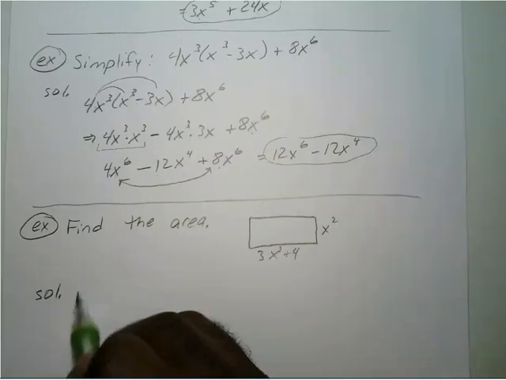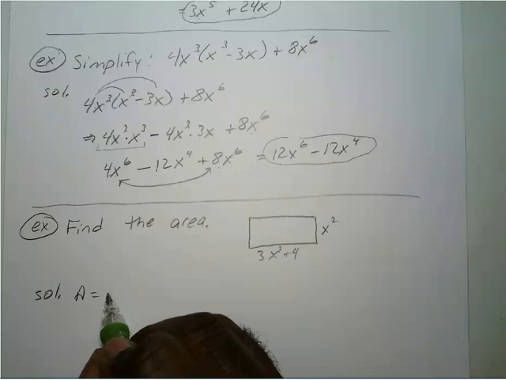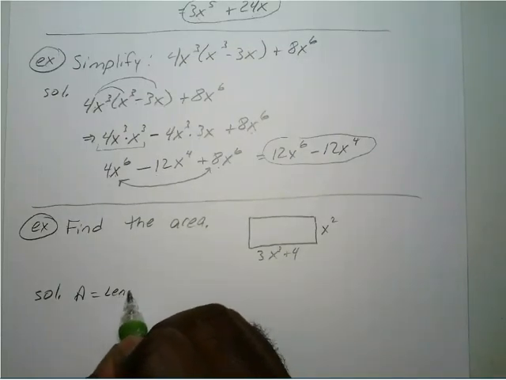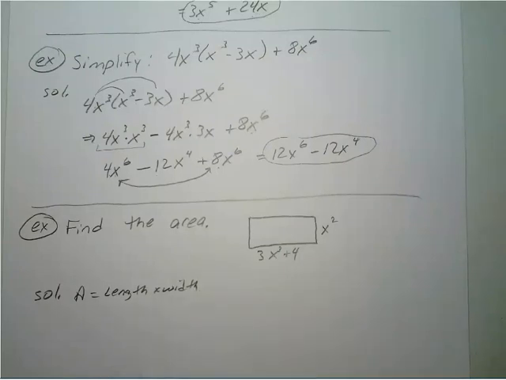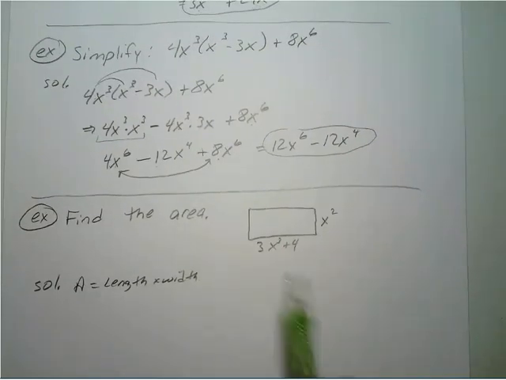Okay, so we know the area of a rectangle is the length times the width. So we have the length times the width, so that means the area is equal to